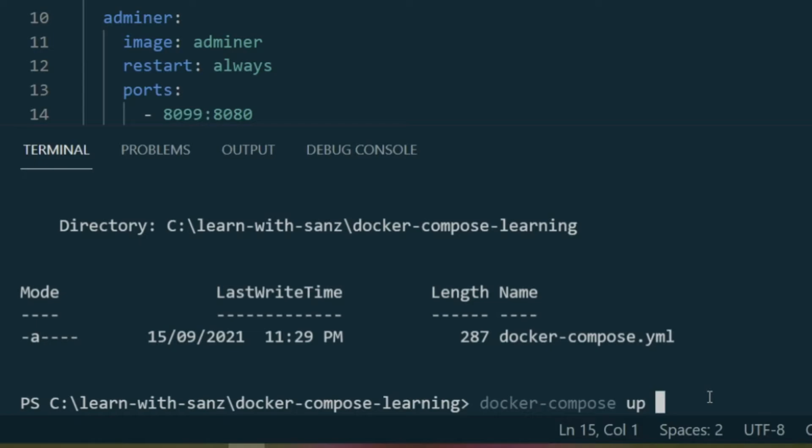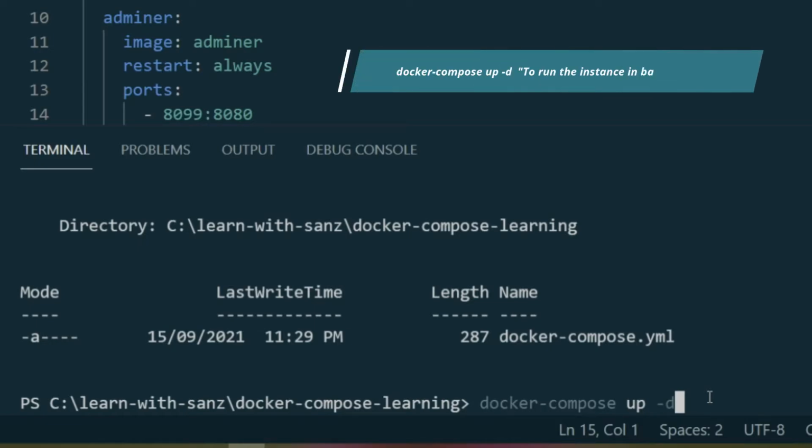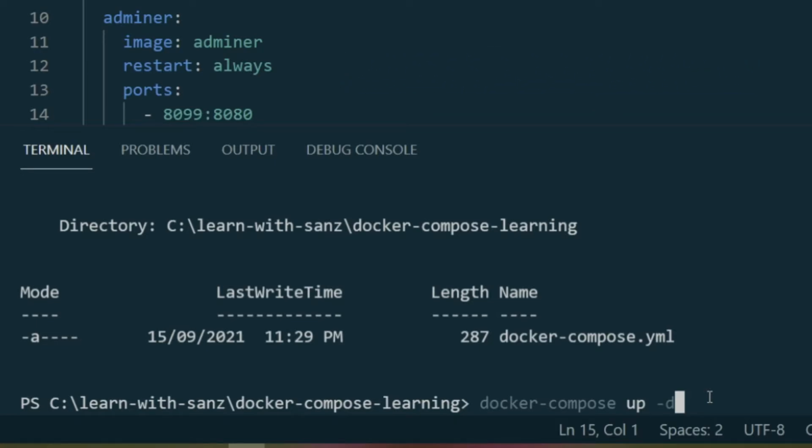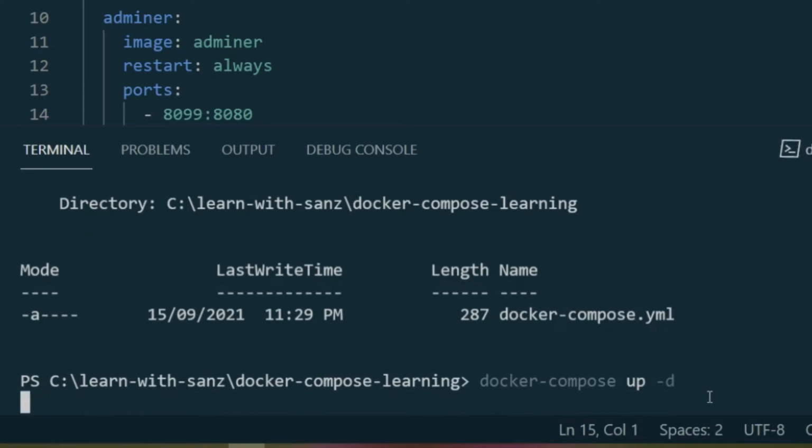And we have another parameter, -d, which means we are running those containers in the background. So D stands for running the container in daemon mode. So now if you press enter,